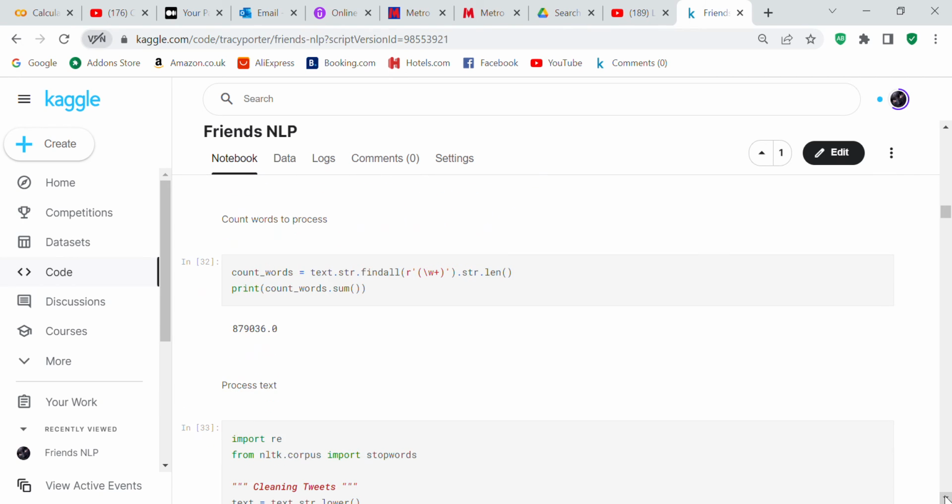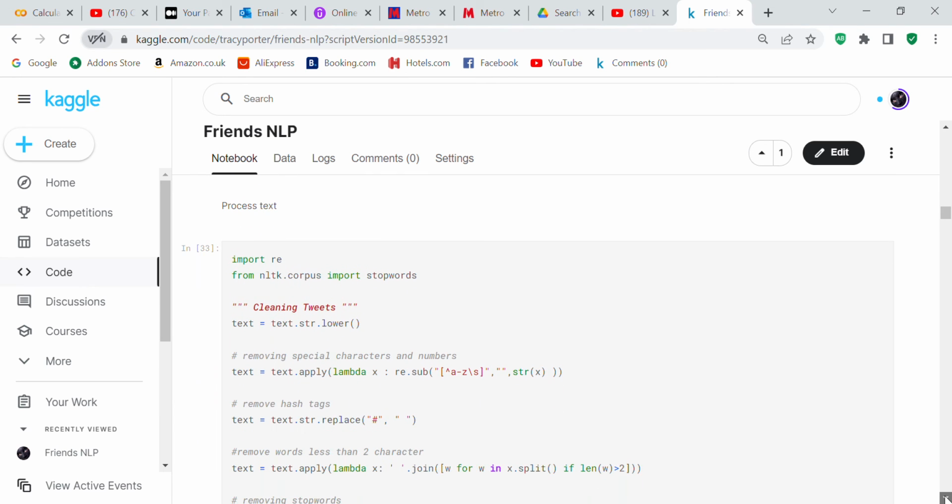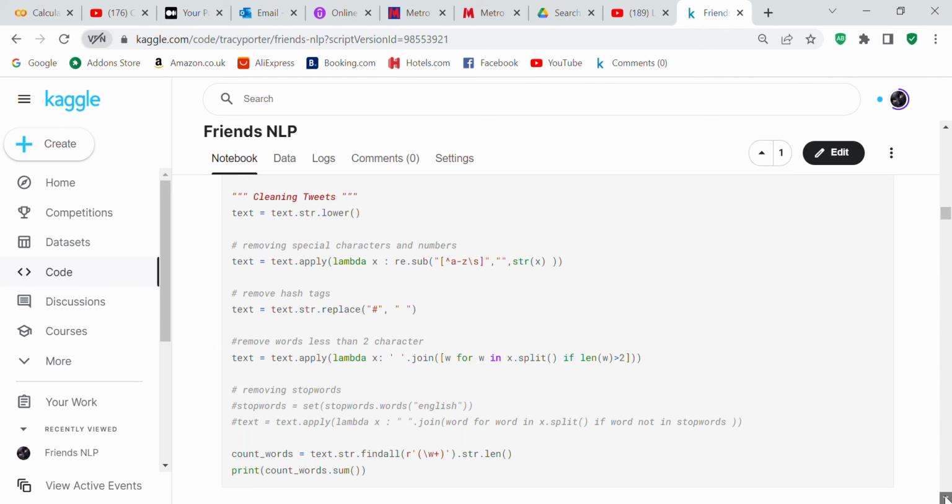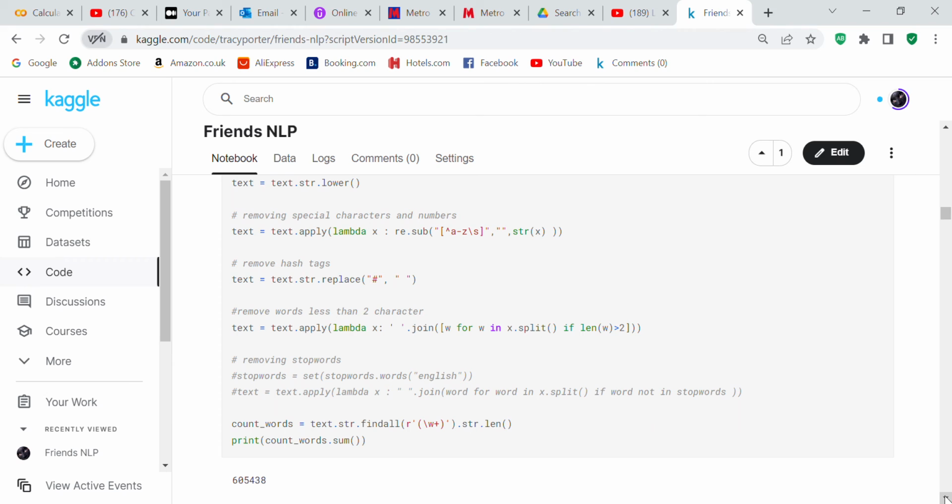We're going to count the words that you have to process. It's 879036. We're going to process the text by converting all the text to lowercase, remove special characters from the text, remove hashtags, remove words less than 2 characters, and then I used to